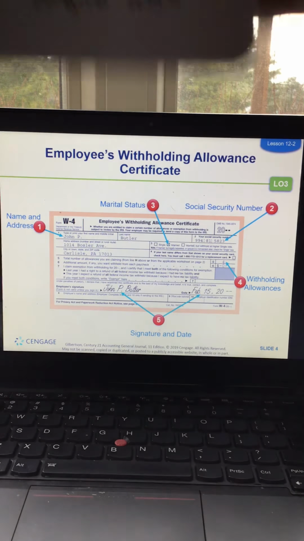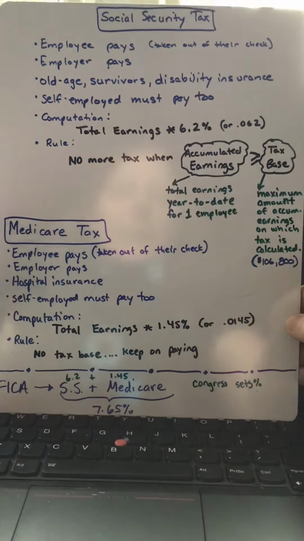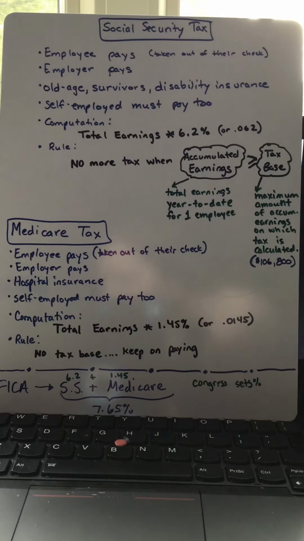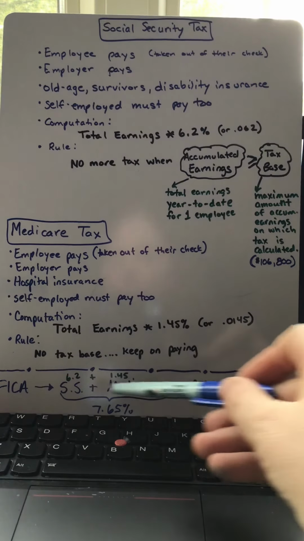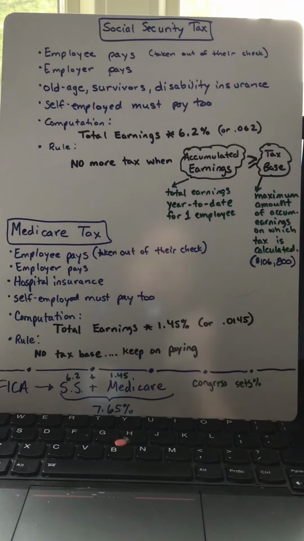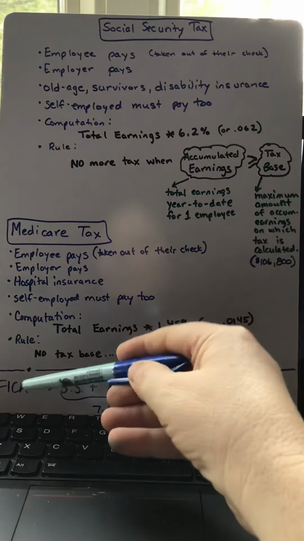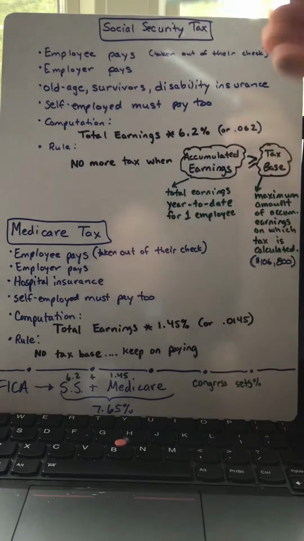Okay, the next thing is Social Security taxes. So Social Security tax and Medicare tax. Down here at the bottom, I have that FICA is Social Security and Medicare added together. So the Federal Insurance Contributions Act that Congress set, they're the ones that set Social Security and Medicare rates. And together those rates are 7.65%, and they have been that for a long time. So if you see someone say FICA, they're talking about both of them,